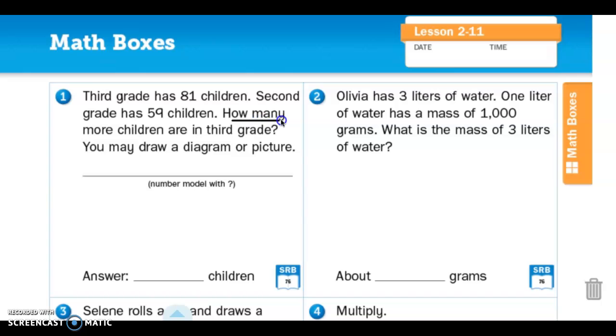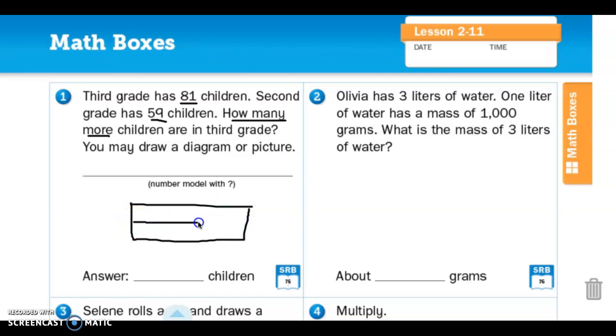Okay, I see how many more. That means we need to find the difference. When I hear difference, I know that we can subtract, find the difference. Or you can start at 81 on a number grid or 59 on a number grid and then count to the other number. Okay, 3rd grade has the most at 81, 2nd grade has less at 59. What's that difference? If you want to draw a diagram,